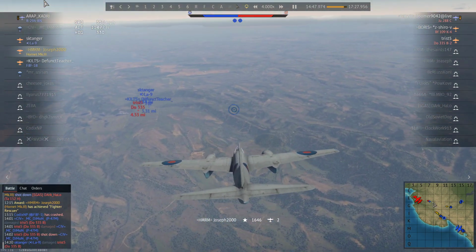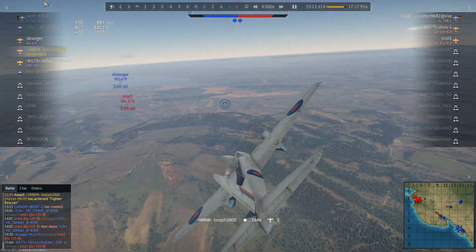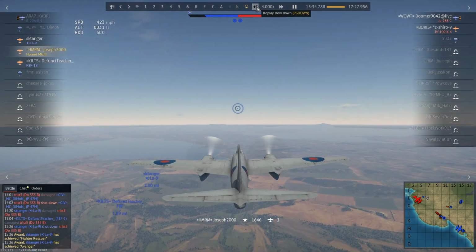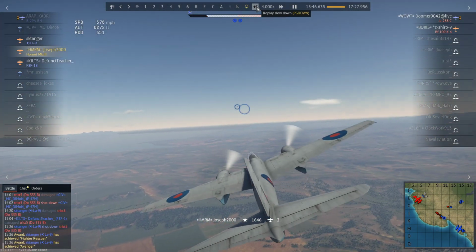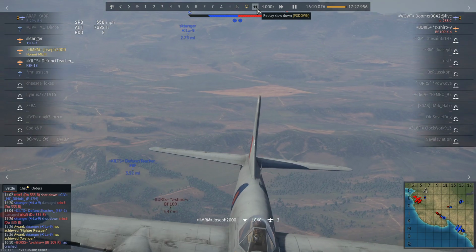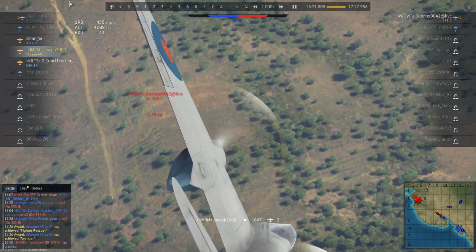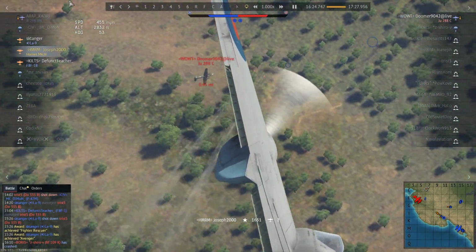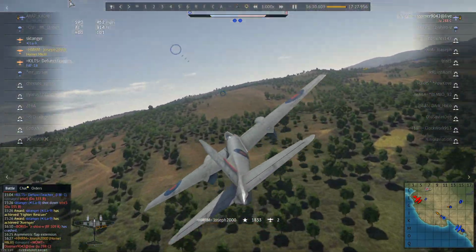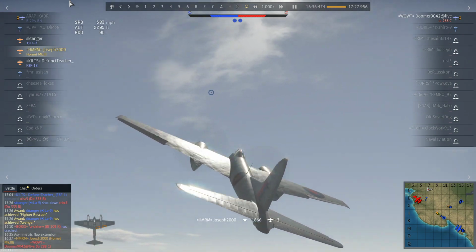So at this point, it's down to a K4, a 335B2, and a 288. And obviously, I'd spotted the 288 previously, and I wasn't too concerned about him, but then I thought, I'll go for the 288. It turned out the other dot I saw to the right was the K4, at least if I remember. Oh, no, the K4 just ripped his wings off there. But as you can tell, I'm coming in on the 288, and I'm pretty certain he knows how bad this thing's handling is. He just has to brake hard right, and I actually fat-fingered the flap key there. And look at the control surfaces, they just don't want to work. So obviously I'm trying to dodge